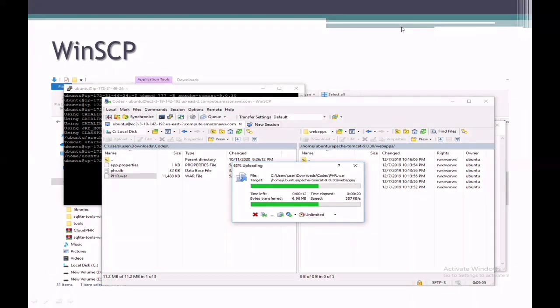Once we log on to the AWS, we will be provided with the public IPv4 address. This address enables us to communicate over the internet, and it also provides the IP address for the cloud machine. From this IP address, we can find the URL where the project is running. Once the IP address is generated, we can log on to WinSCP once the entire project is completed, which is coded on Eclipse, and export the whole project as a WAR file onto the local machine of the system. Now we can deploy it using WinSCP.